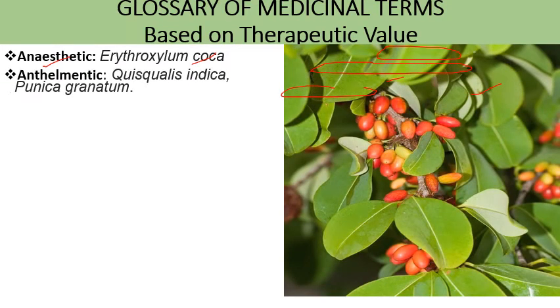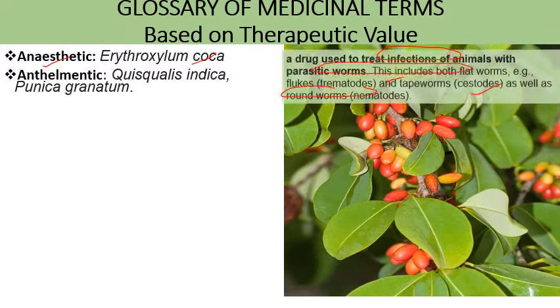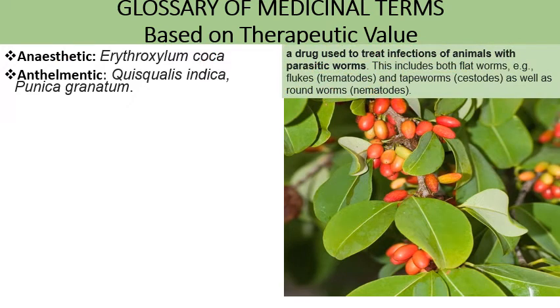Next we have anthelmintic. So ऐसे plant medicines जो कि intestinal worms को kill करने के लिए, remove करने के लिए use किया जाती हैं, that are commonly known as anthelmintic. So certain plants that contain the medicinal properties that help in removal of these worms. A drug that is used to treat infections of animals with parasitic worms. So these include both flatworms. For example, we have flukes, trematodes, and tapeworm, commonly known as cestodes, as well as roundworms